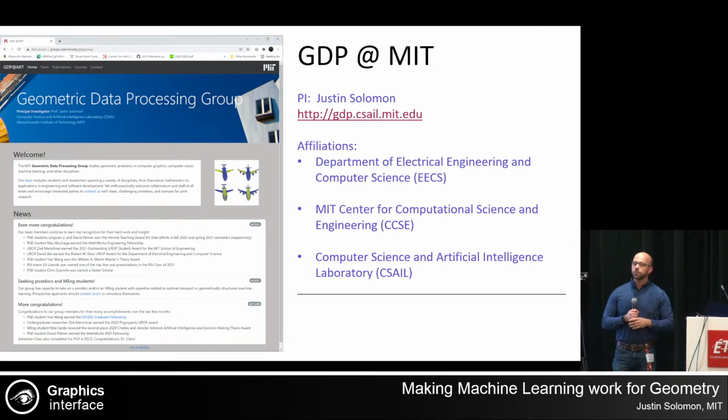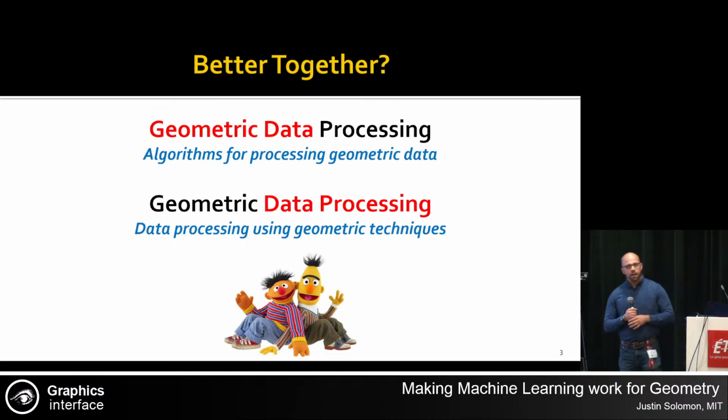Right, so I'm coming to you all from Boston, which is not all that far away, so I really strongly encourage all the students and faculty in Montreal to swing by. And I lead a group at MIT that is titled the Geometric Data Processing Group. Now, at MIT, they require us to give each of our research groups different taglines. And the reason that we settled on this particular phrase was that it allowed me to have an extremely vague research agenda. So in particular, our group is split half and half among some students that are working on computer graphics, computer vision style research problems that look at typical approaches to processing geometric data.